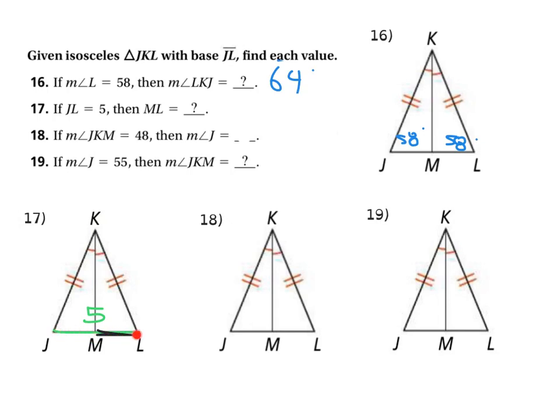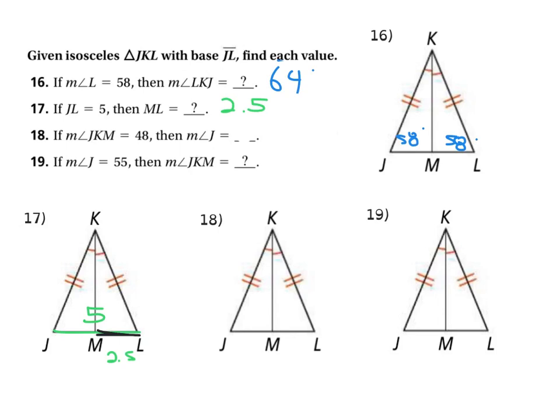That bisects it. So ML is going to be exactly half of what the full base is, and since the base is 5, then we have ML is 2.5. I wrote it up top as well. Okay, that's it for that one. Now,